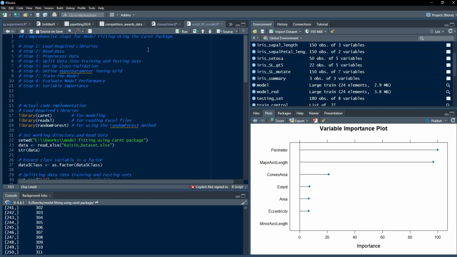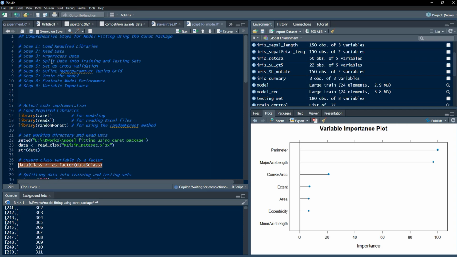Those steps are, first, loading the required libraries. These libraries are the Caret library, which will provide us the model fitting function, and the readxl library, which will help us read the Excel file, which is our data input file, the resin data set. Then we go for pre-processing of data. Here we are using clean data, therefore much pre-processing is not required. The only pre-processing we do is convert the class variable of our data set into a factor variable, because it is a character variable,